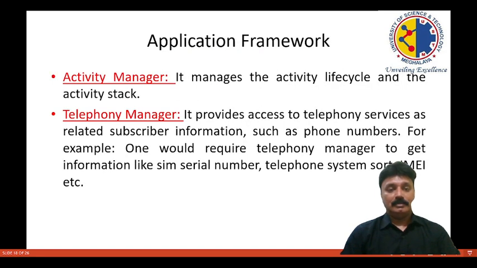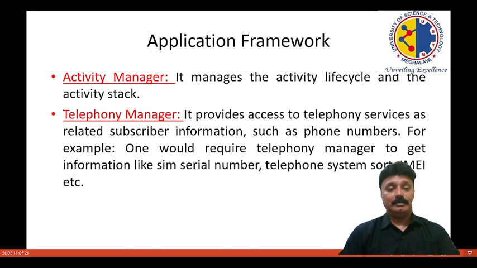Application framework. So in the application framework, activity manager, it manages the activity lifecycle and the activity stack. So the activity lifecycle, how a particular application is going to be created and processed and executed until the time the application is going to be terminated, that particular thing will be handled by the activity manager.